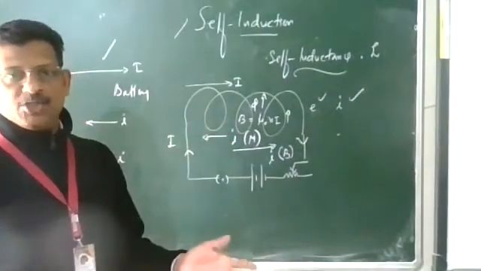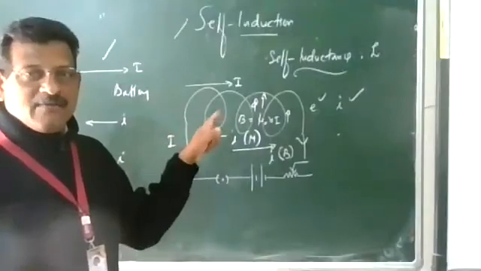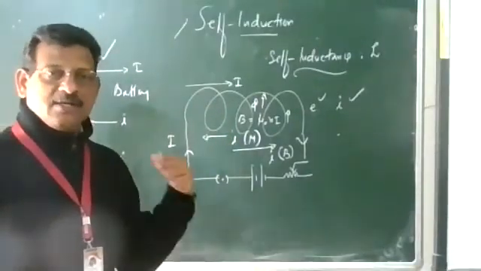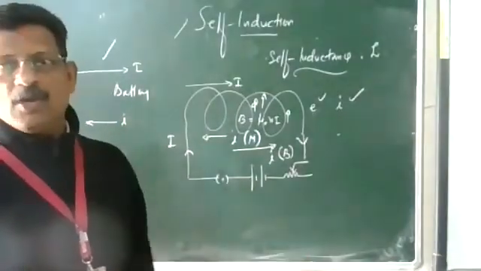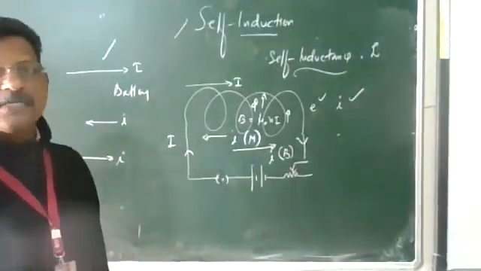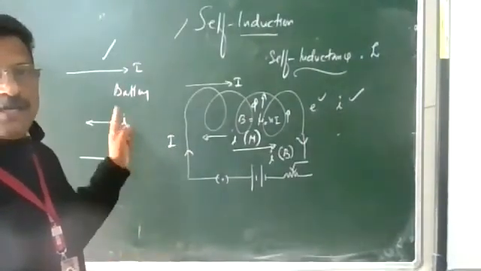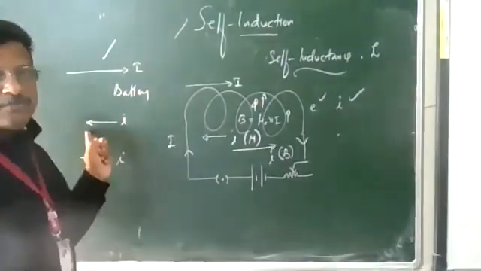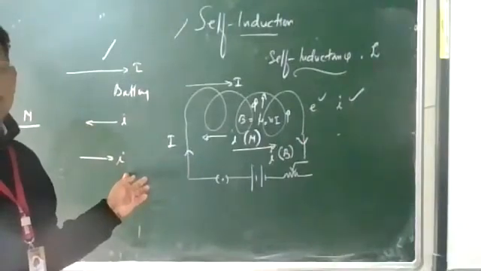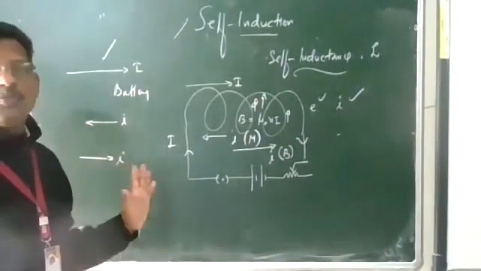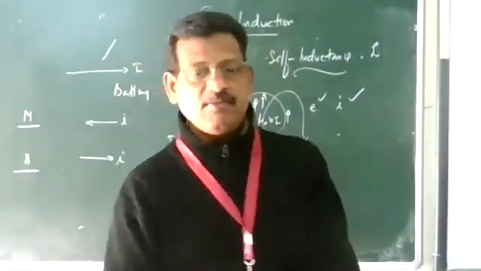So whenever there is a change in the current in the coil, in that coil itself a current is induced, and that induced current will oppose the cause, either an increase in the current, which we call growth, or a decrease, which we call decay of the current. These are the two points. When the circuit is made, induced current opposes the battery current, and when the circuit is broken, induced current flows in the direction of the battery current. This phenomenon is known as self-induction. This is a very important point.